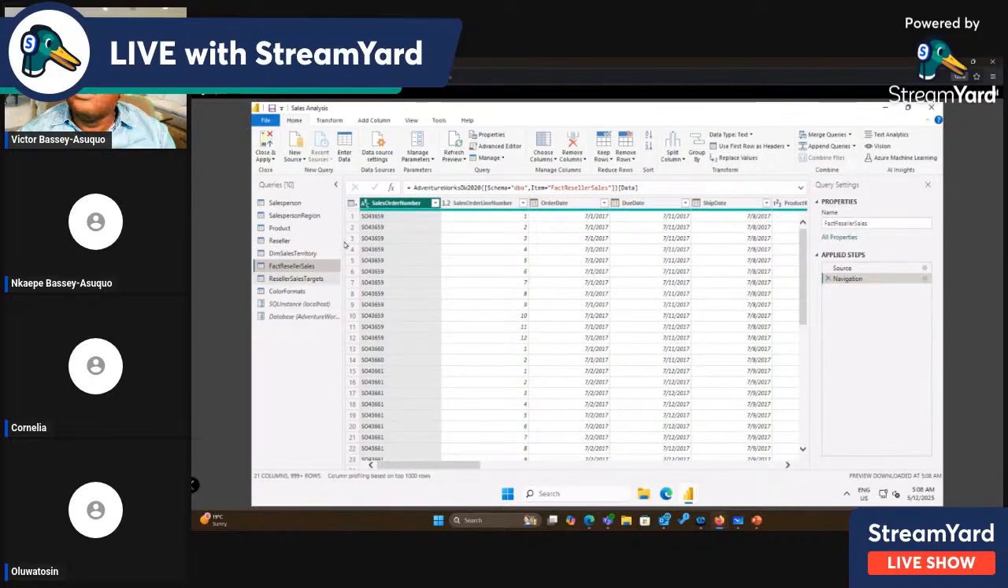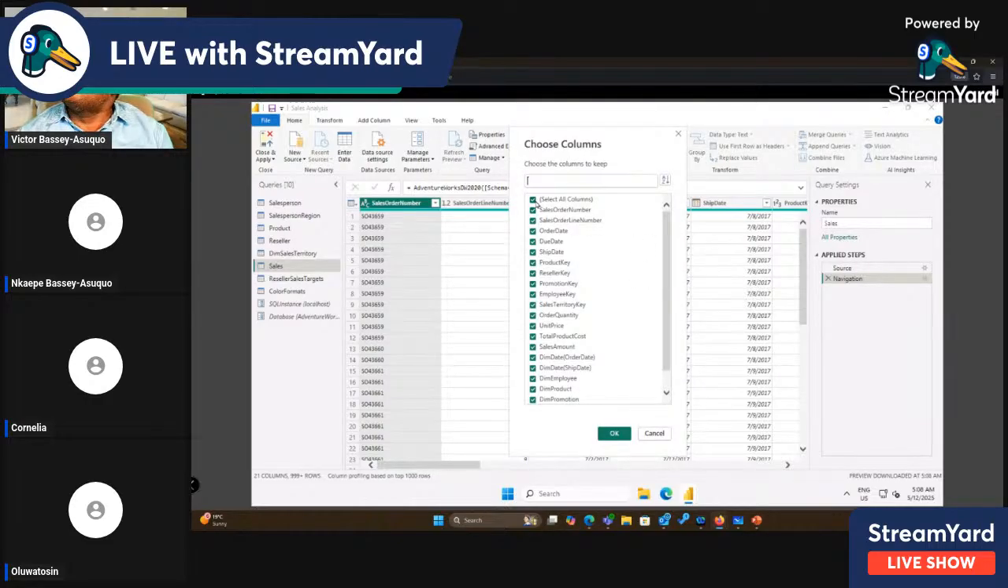And we want to rename this query to sales. So query rename to sales. That's pretty easy. And we want to remove all of the columns except the following columns. So I can go ahead and say choose columns. I will uncheck all and then check only the ones I want, like sales order number,